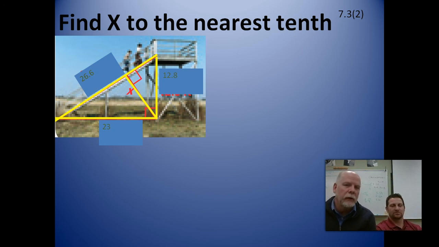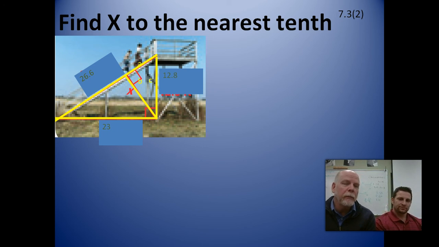Maybe a little bit hard to see there, but the right side is 12.8. The bottom is 23, which would be the long leg. And then the hypotenuse is 26.6 for the big triangle here. Okay, and so if we look at that x being the long leg of the small triangle in there to compare, and of course the 12.8 is the hypotenuse of that small triangle,